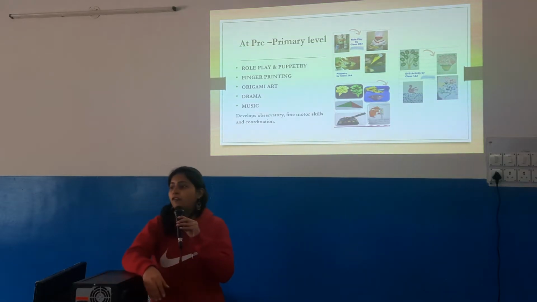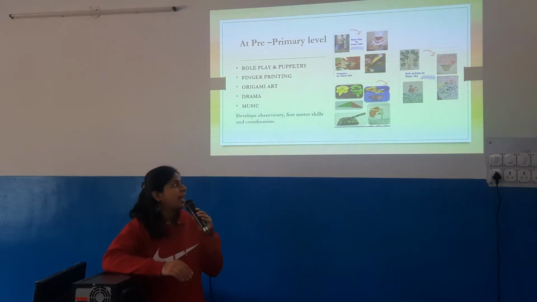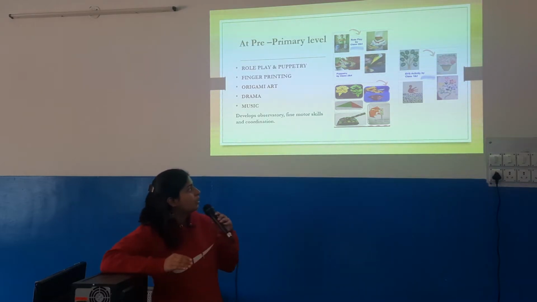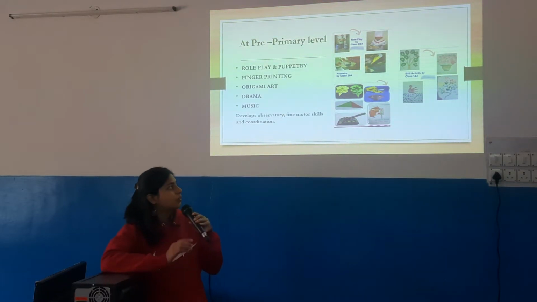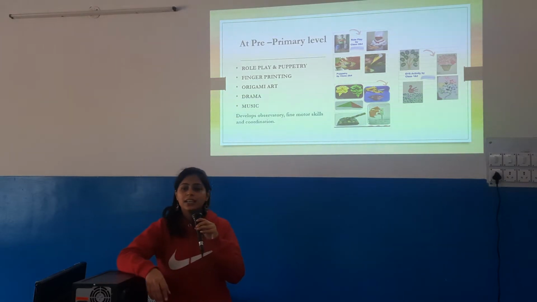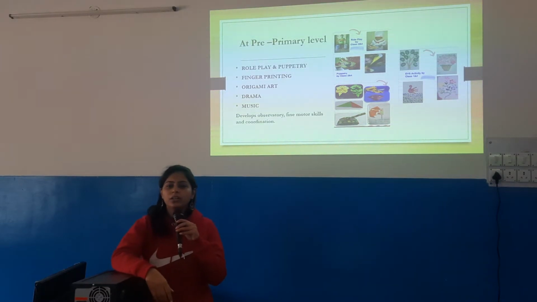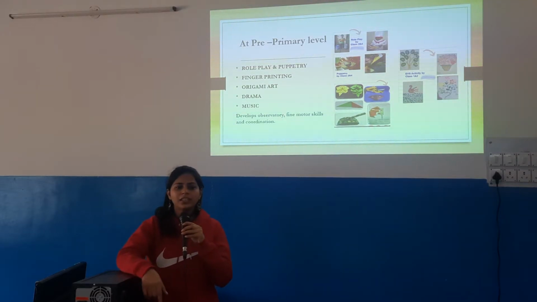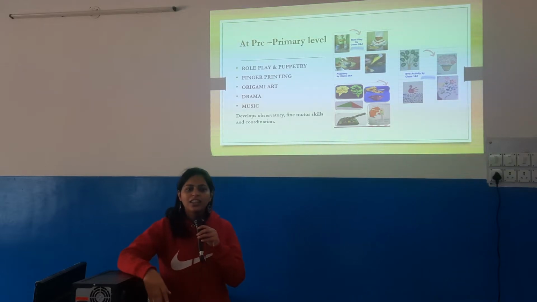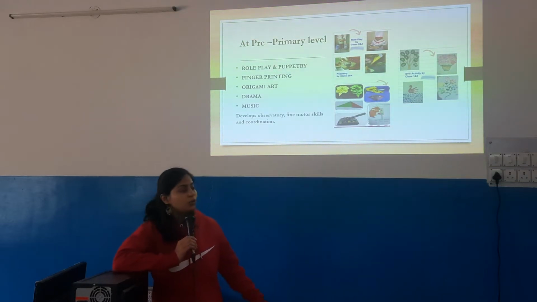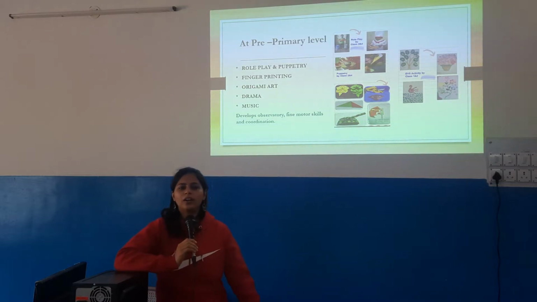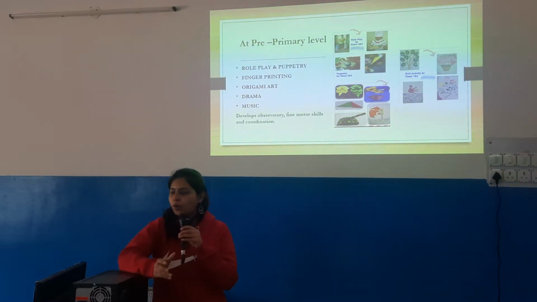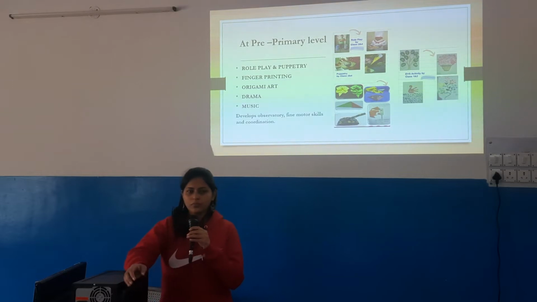Now I would like to draw your attention to the third picture where origami sheets are being used to perform different arts. Here the child is trying to make a few things, like for example, the picture you see, traffic signals. Here pre-primary teachers will agree with me that we generally make a picture of a traffic signal and give them instructions. Now here the teacher has told them to draw it through an origami sheet and perform a role, or you can say role play, of the whole activity in front of the class, which has made this learning experience very joyful for them.